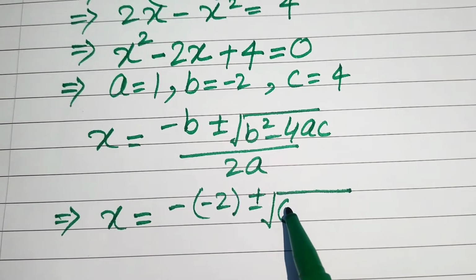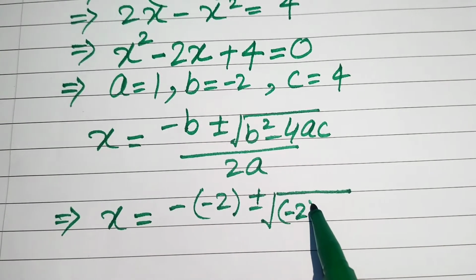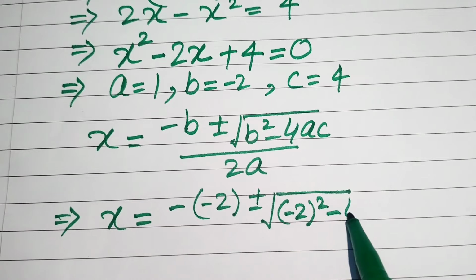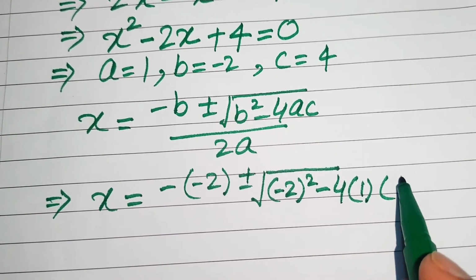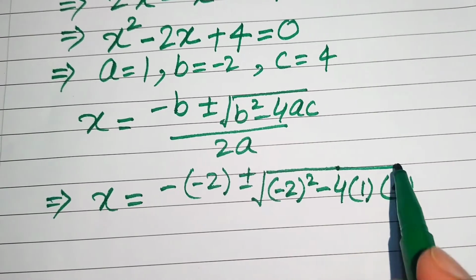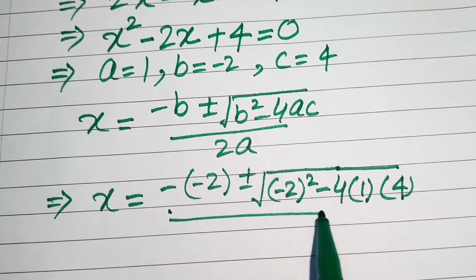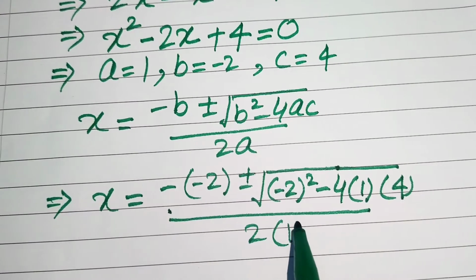So our b is minus 2, and it becomes minus 2 square minus 4 times ac. So our a is 1 and c is 4,